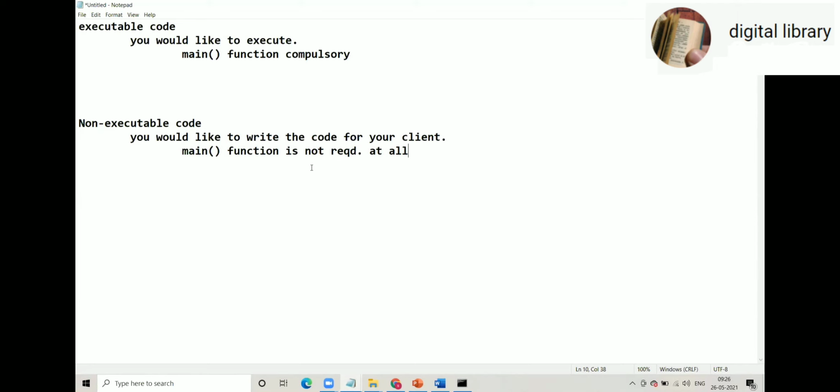Sir, can you please tell again what are the steps for executing a program in Java on the command prompt? Yeah. On the command prompt,